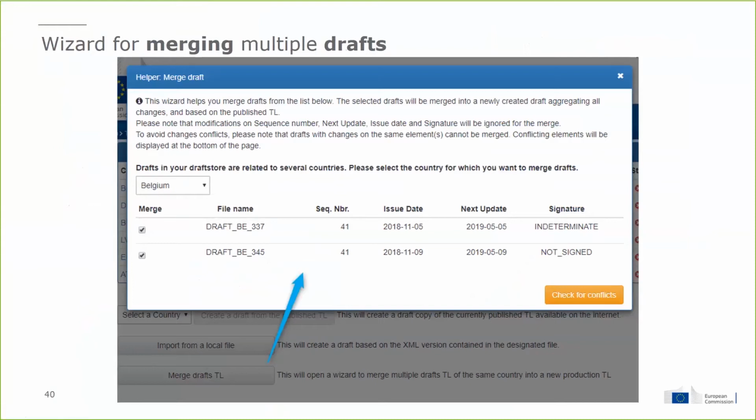Merging of multiple drafts. You now have a new button called Merge Drafts that you see grayed out at the bottom of the screen. When you want to merge different drafts, you open a kind of wizard where you select the different drafts you want to merge, and then you check for conflicts. If there are conflicts, meaning that for some reason you changed the same line, the same entry, inside the